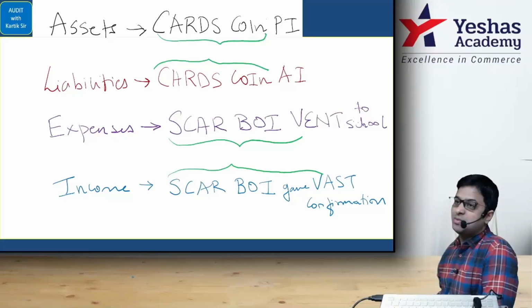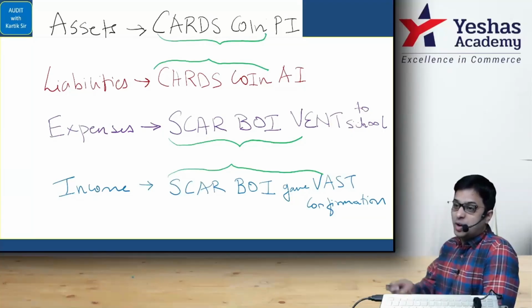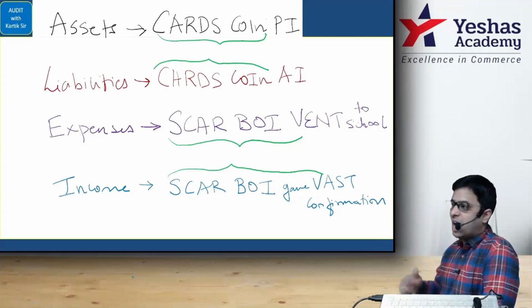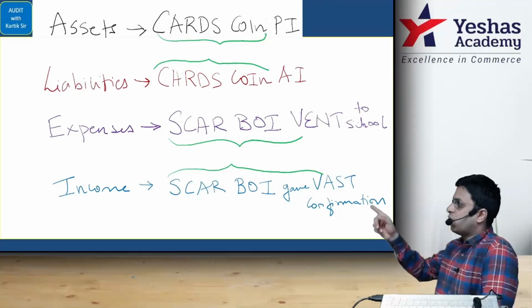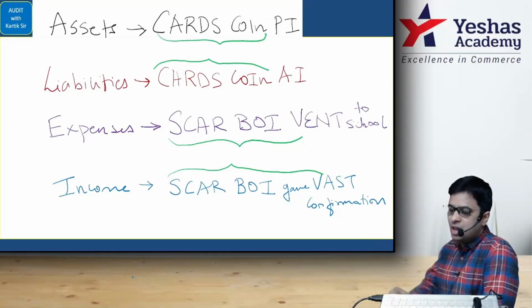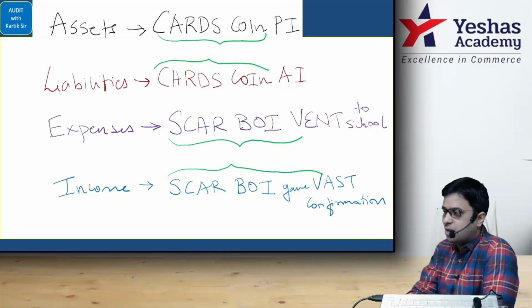I told you that I'm hell bent on ensuring that chapter of 8 hours should be reduced to 3 hours. Somehow, the 24 questions itself, the specific areas, will take you around 2.5 hours. This should get wrapped up in half an hour. It should be as simple as possible. Okay? So CARDS COIN PI for assets and CARDS COIN AI for liabilities. Let's see one by one. We have put the order for assets. Let's mark it one by one, keep reading side by side and finish this part off.